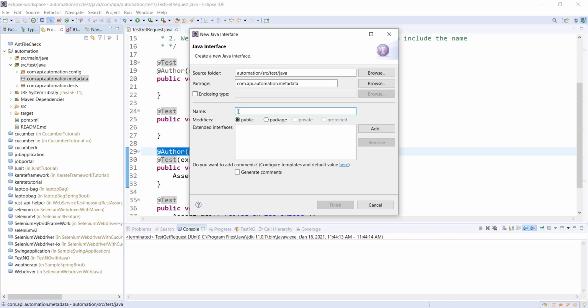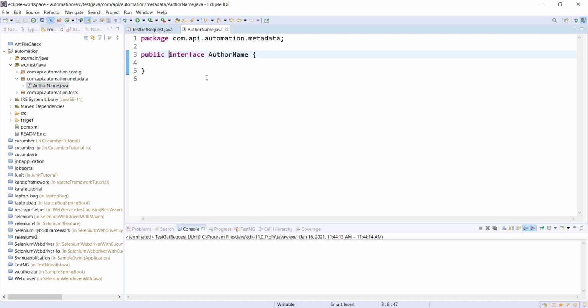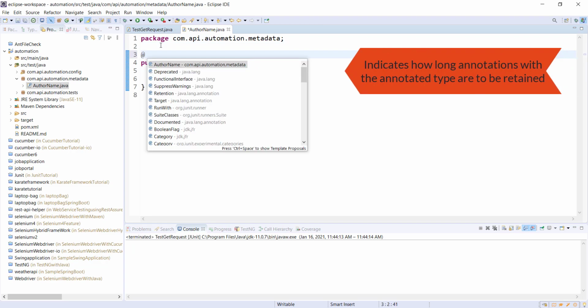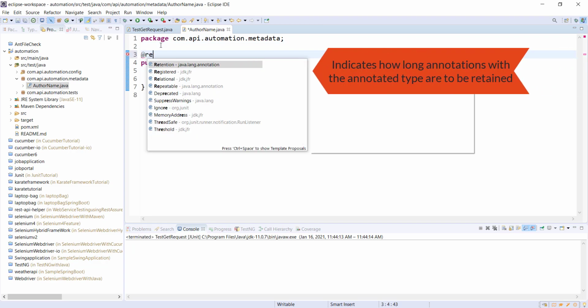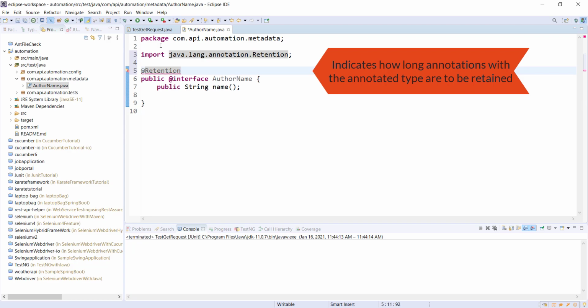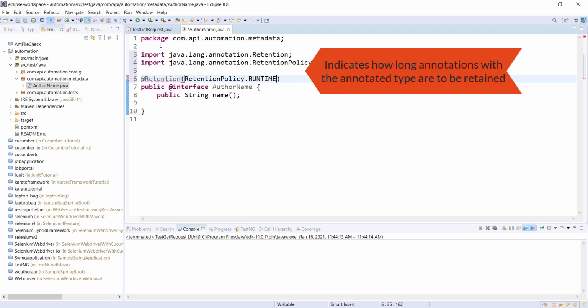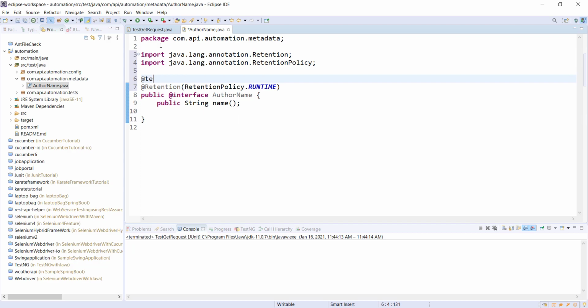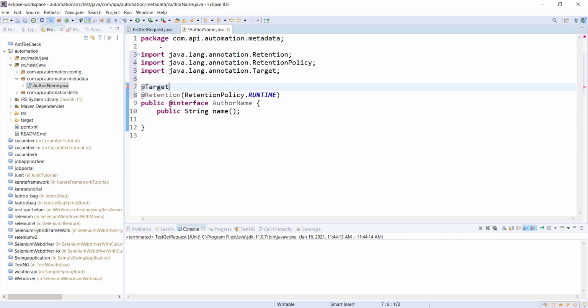So let me create a new annotation and the name of the annotation is AuthorName. Inside this annotation, I will have a property that will store the name of the author. The retention type for this annotation is runtime, and this annotation can be used only with the test method.